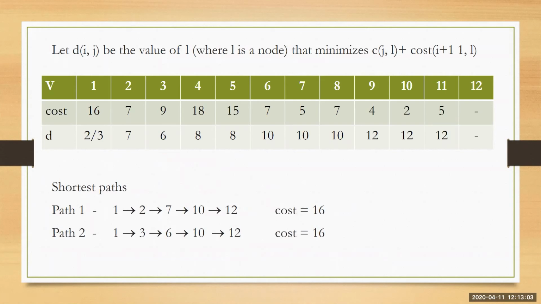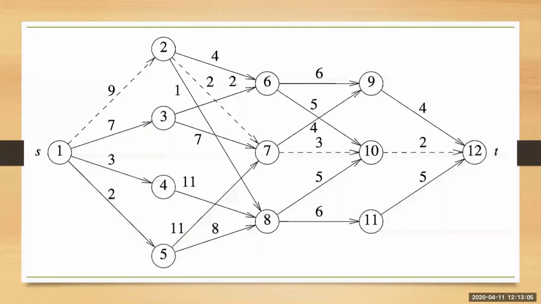For stage 3 it is over. Now we have to calculate the previous stage, considering 2, 3, 4 and 5. I will leave it as work for you. You are supposed to understand how it works. So one I will tell. Starting from 2, there are 3 edges: 2 to 6, 2 to 7, 2 to 8. Now it is the minimum of these 3.